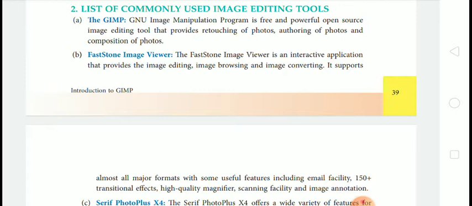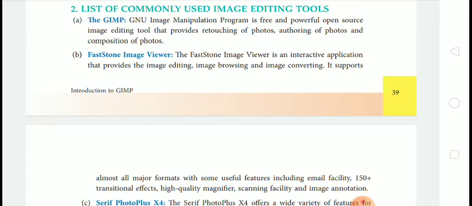Next one is FastStone Image Viewer. The FastStone Image Viewer is an interactive application that provides image editing, image browsing, and image converting.